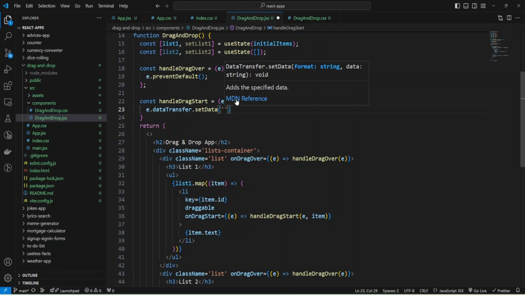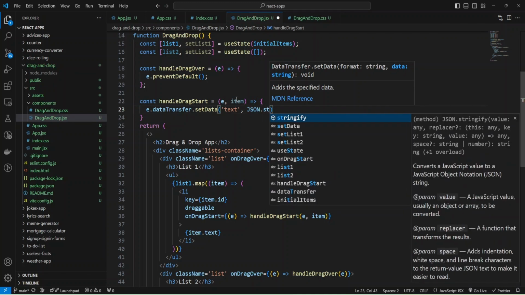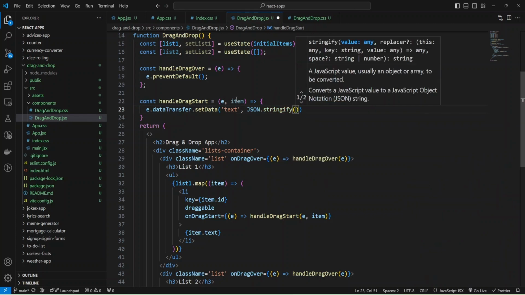It will be just text, and as data, I'm going to use my item and stringify my object because we're using array of objects, and item is an object, and I'm going to use JSON stringify to make string from my item.